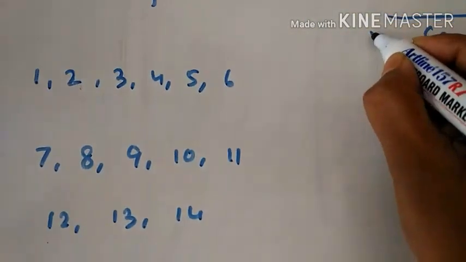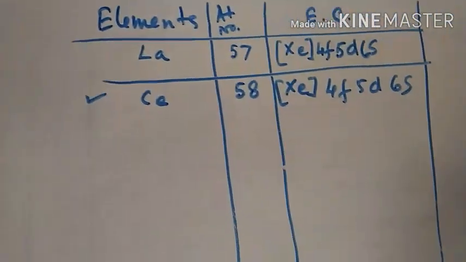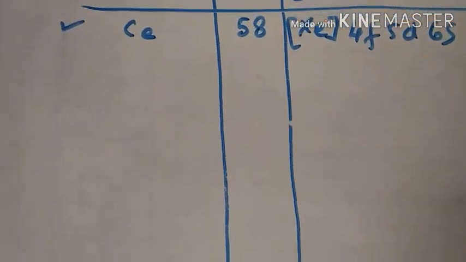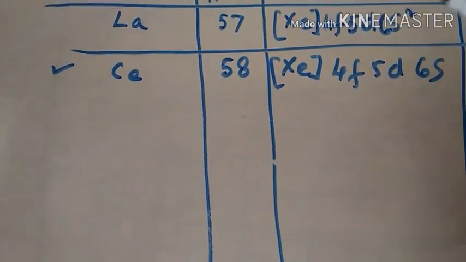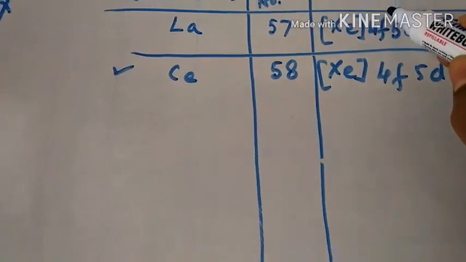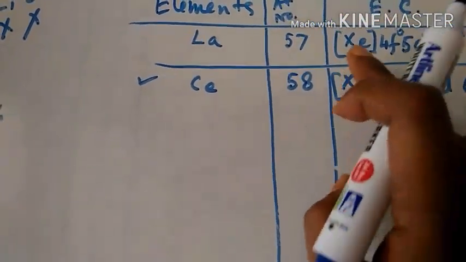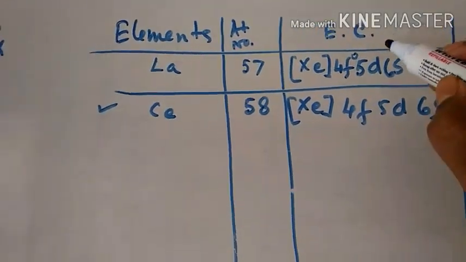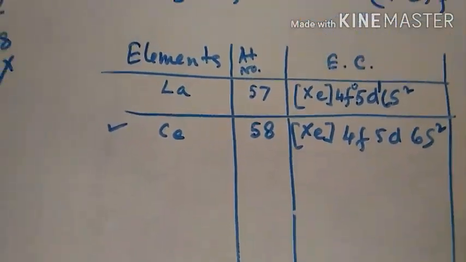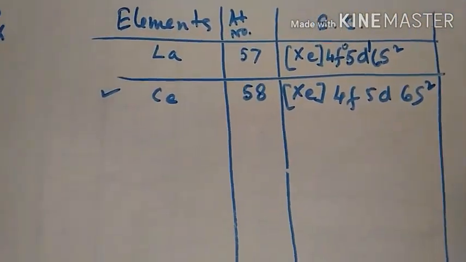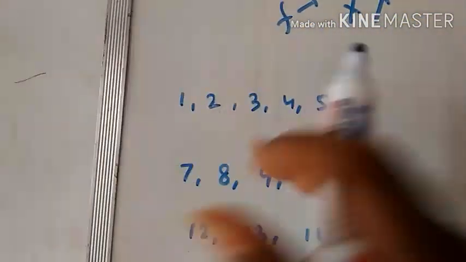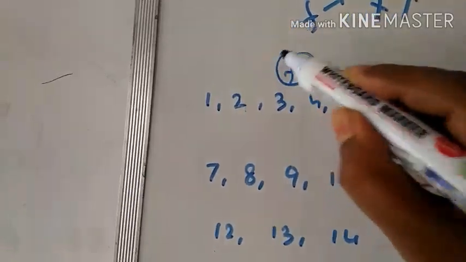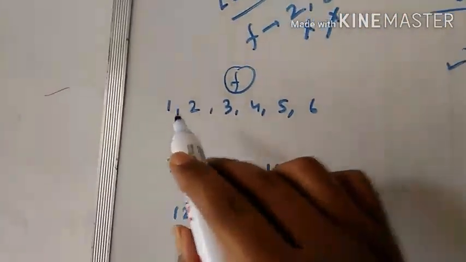Starting this one from cerium, because in lanthanum we can write that the S electrons will be 2, and here there will be no F for lanthanum, F is 0. So by calculating this, xenon is 54 and this 56, so D electrons will be 1, only 1 D electron for lanthanum. So calculation starting from here, for F electrons, if we give 1,